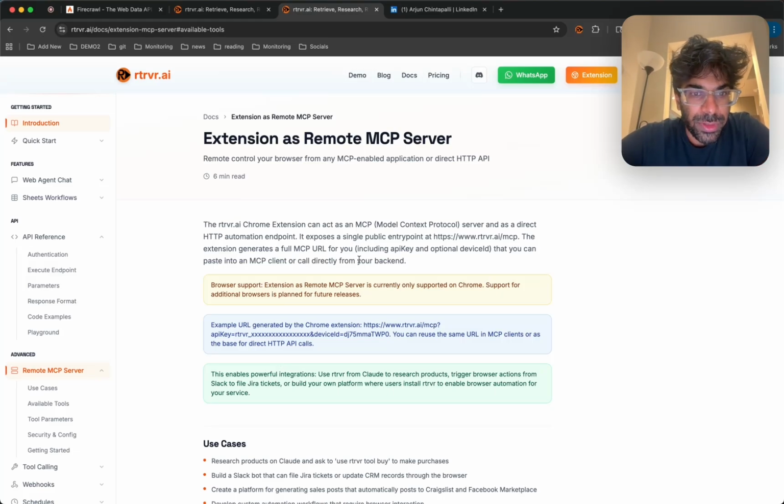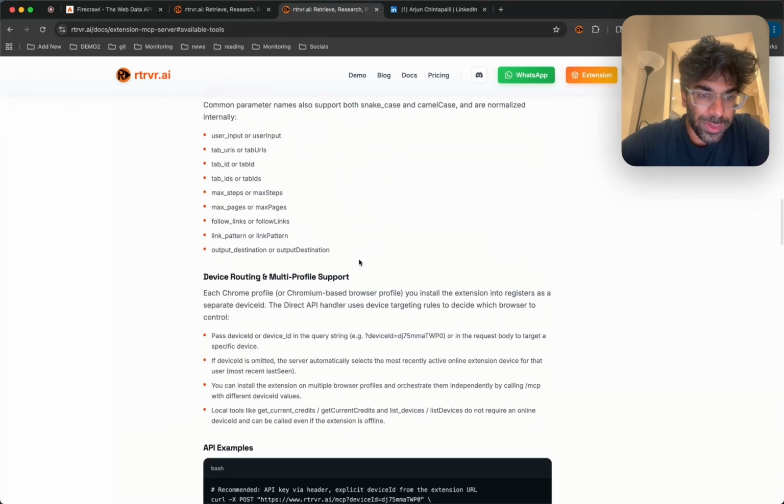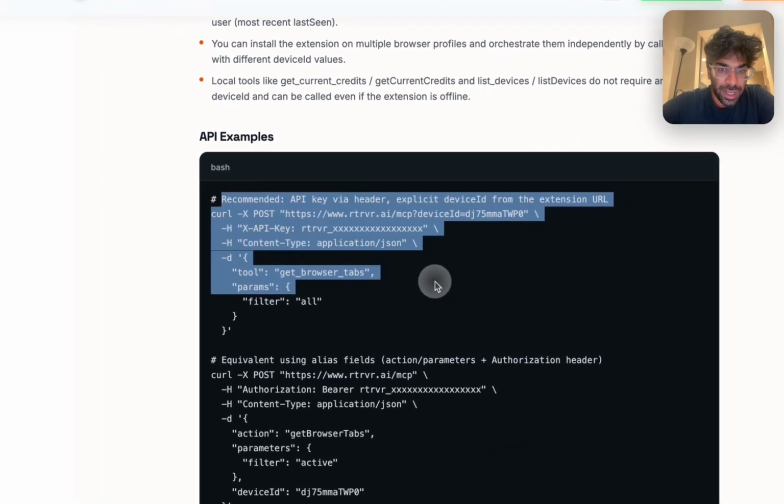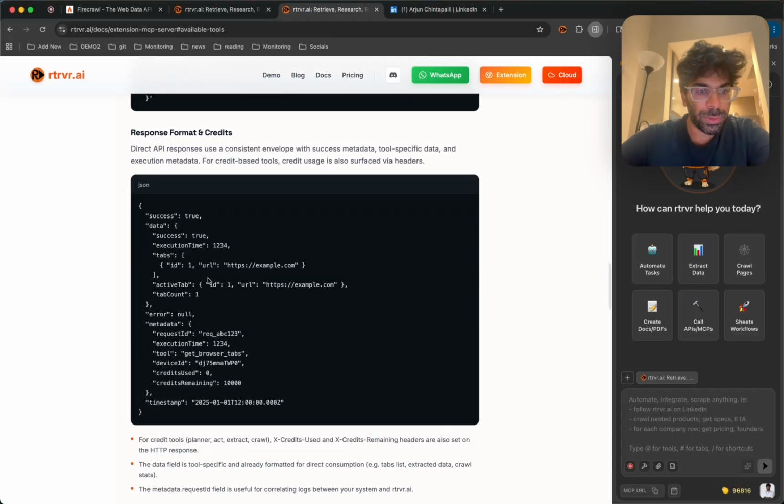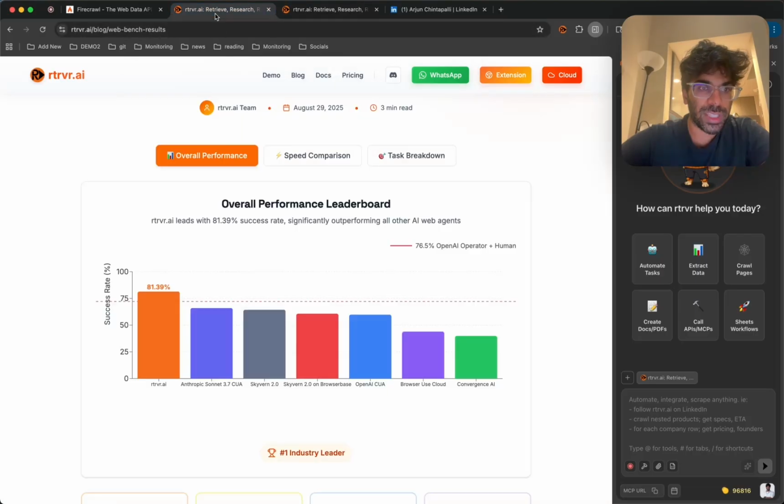Hey guys, we're excited to hard launch our new API offering. So you can remote trigger your browser via the API keys that you get from the extension. You could also not only trigger tasks, but get the actual page data. So we'll give you the smart DOM tree representations of the web pages, which is a secret for Retriever's amazing